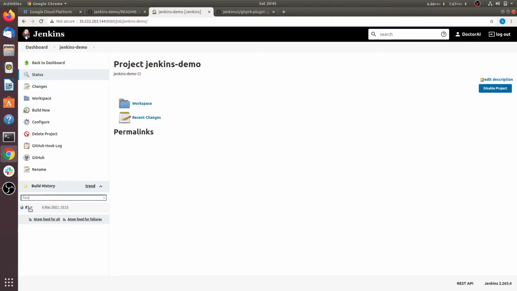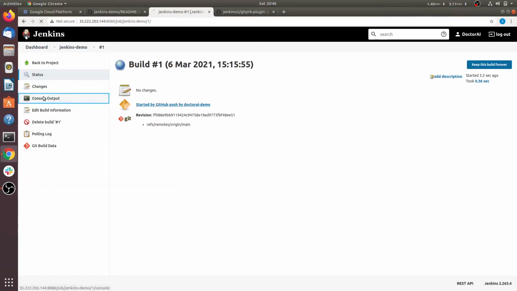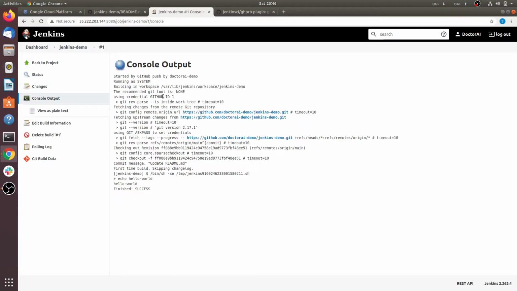It is performing the test, whatever commands we put inside the command section. So it is cloning this repository using the credential we specified and performing the test.